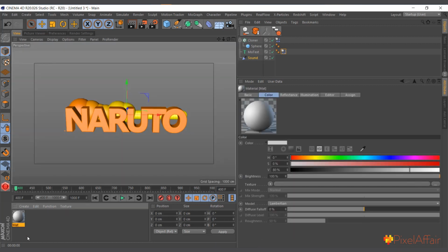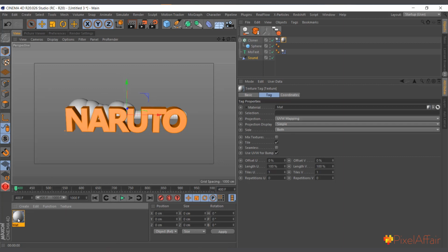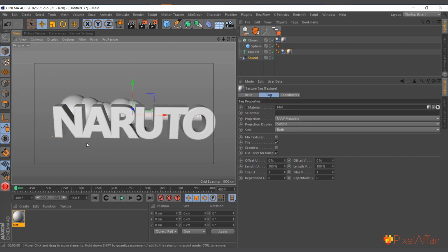If I create a new material and apply it to the clone, you can see now that it replaces them, and I want that exact color so that I can render with it, but I can't get reflections and stuff. So for me to get the color from the Mograph effector, what I'll do is